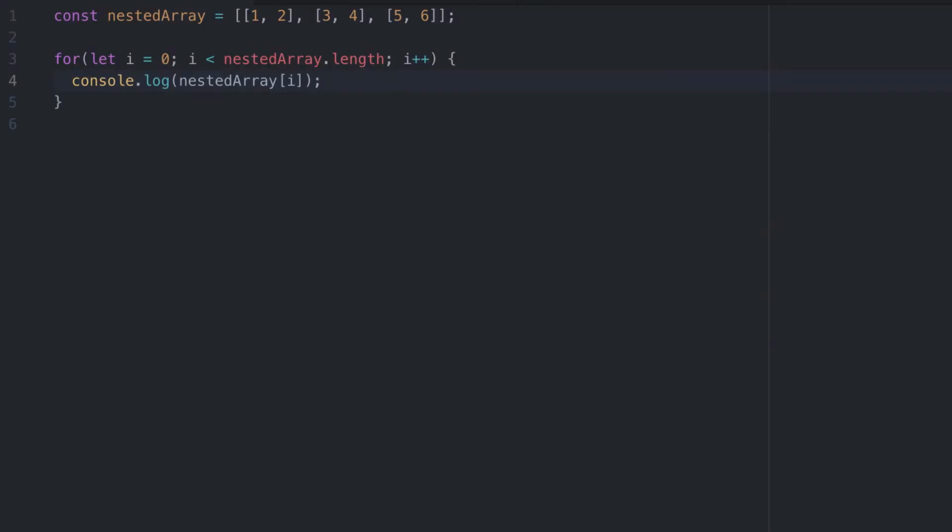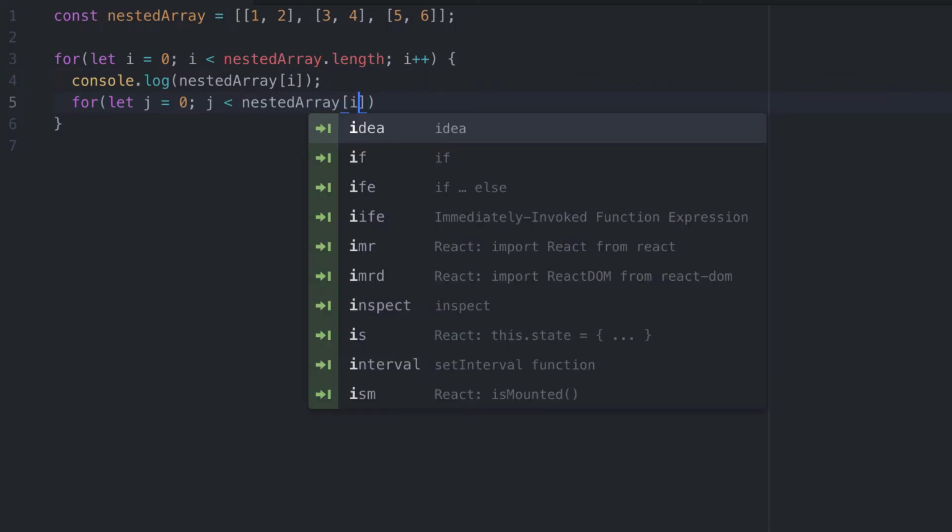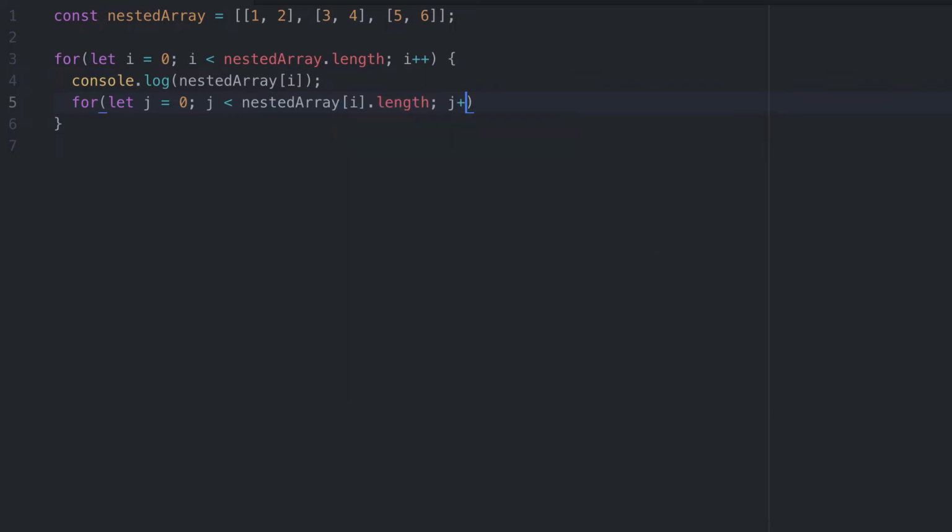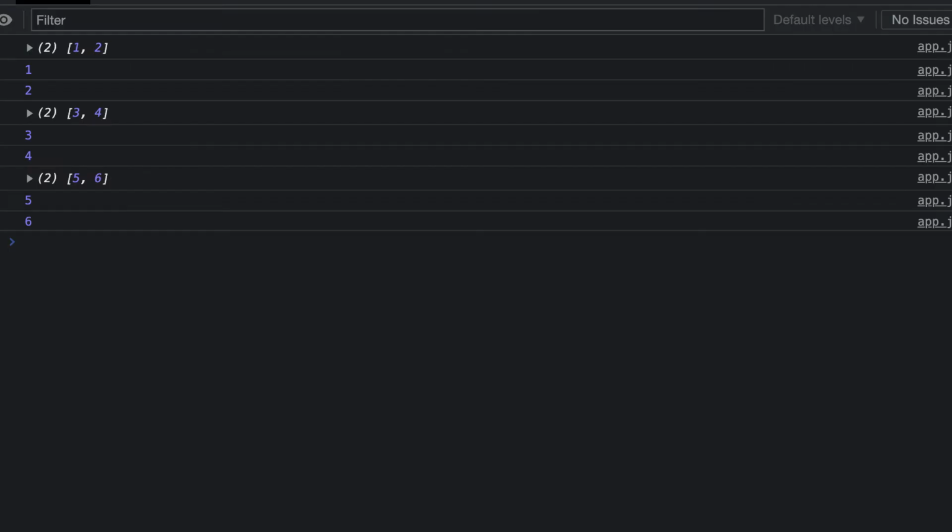So inside our for loop, we create another loop. This time, we'll initialize a variable called j to act as the counter. And for the condition, we'll say j is less than array[i].length. Inside the console log, we'll log out array[i][j]. Let's run this. The result of our nested loop is that we're now able to list out each individual element